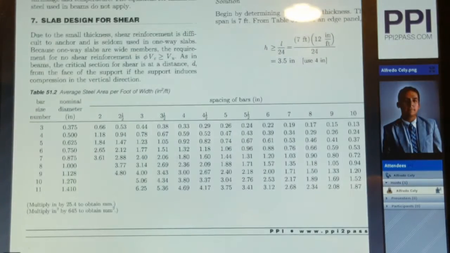Here is another key table that you may want to tab as a reference to use during the exam. Table 51.2 of CERM shows you the average steel area per foot of width for the slab. What is key here is that this table gives you the bar size number you may be using to reinforce your slab. It gives you the spacing of the bars in inches,